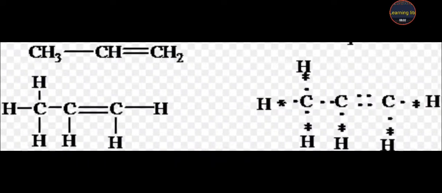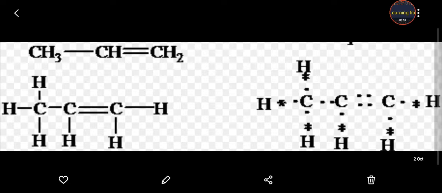So this is the propene structure, student. This is the electron dot structure and simple bond structure. You can draw from that. And student, not only propene, you can also draw the structure of butene, ethene, methane. Every type of ene and yne structure you have to draw for practice, so that in the exam you have no confusion about the electron dot structure and bond structure of everything.